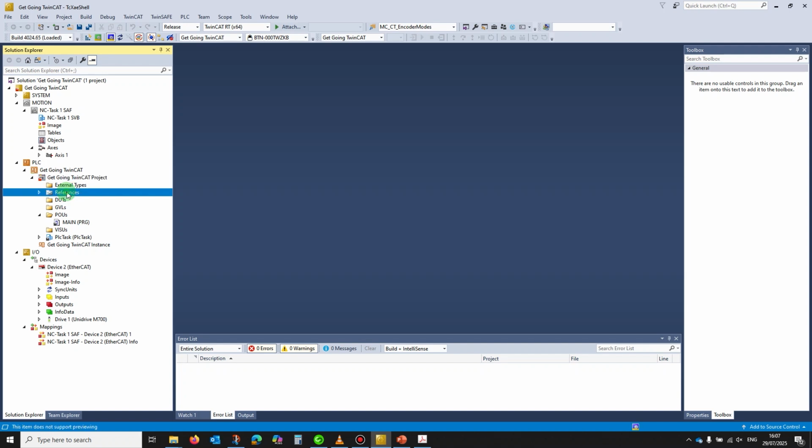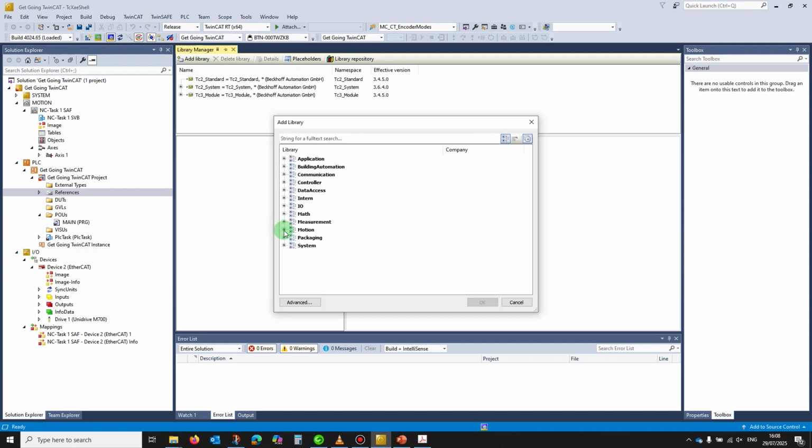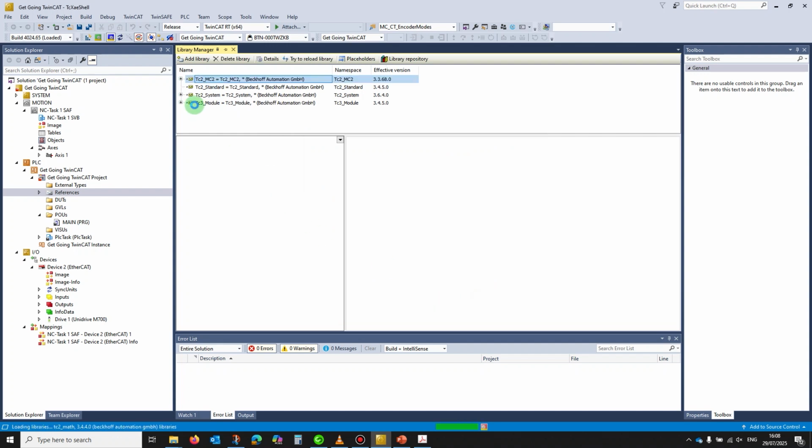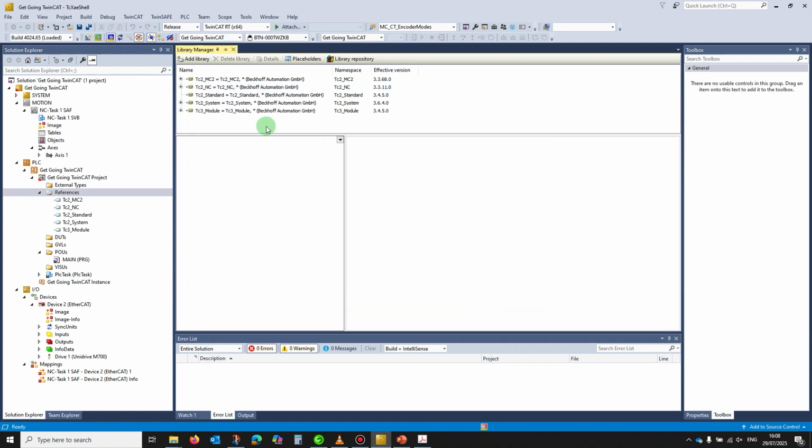So to add the basic libraries that you will need to go along with the Control Techniques NC Axis interface library, we need to add a few things. So we need to go to Motion, PTP, and we need to add all three of these. Now unfortunately you can't add them as a block, you've got to add them all individually, so I'm just going to go through that process now. PTP, the NC one,